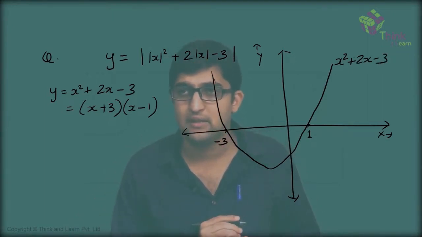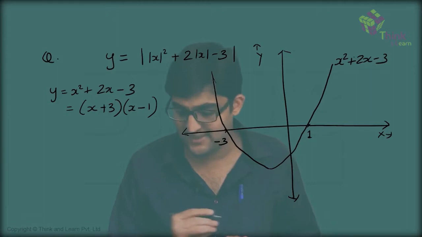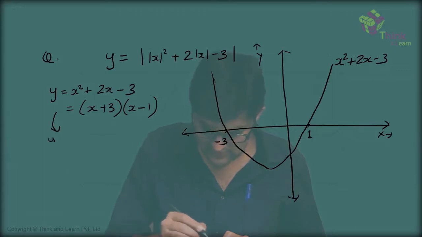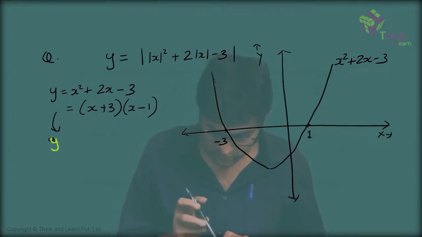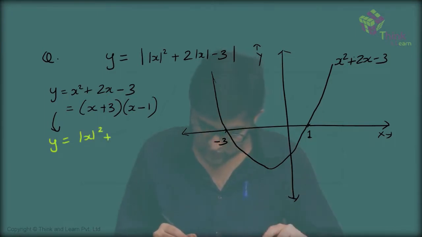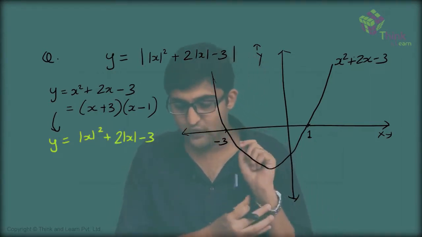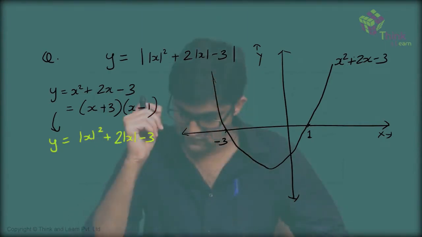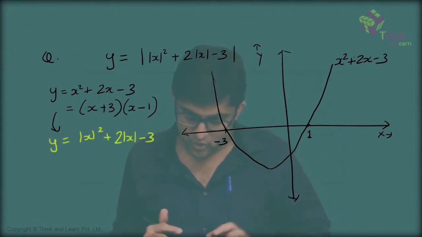Then what am I doing? Then I am converting all x's into modulus of x. So after my transformation, the function will be looking something like this: y is equal to modulus of x square plus 2 times modulus of x minus 3. So what will happen if you do a modulus of x here? If you do a modulus of x, all terms of,